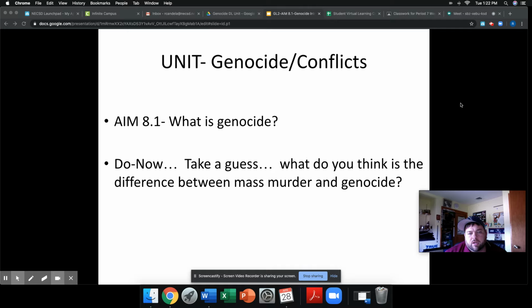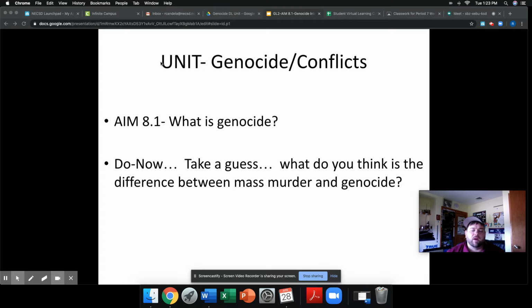Hey guys. So the next topic we get into in the next unit is all about genocide. So this is a whole entire unit that's dedicated to human rights violations and in particular genocide and ethnic cleansing. And as we go through the unit, you will learn exactly what those are. You will take a look at a bunch of different examples of genocide, and then at the end of the